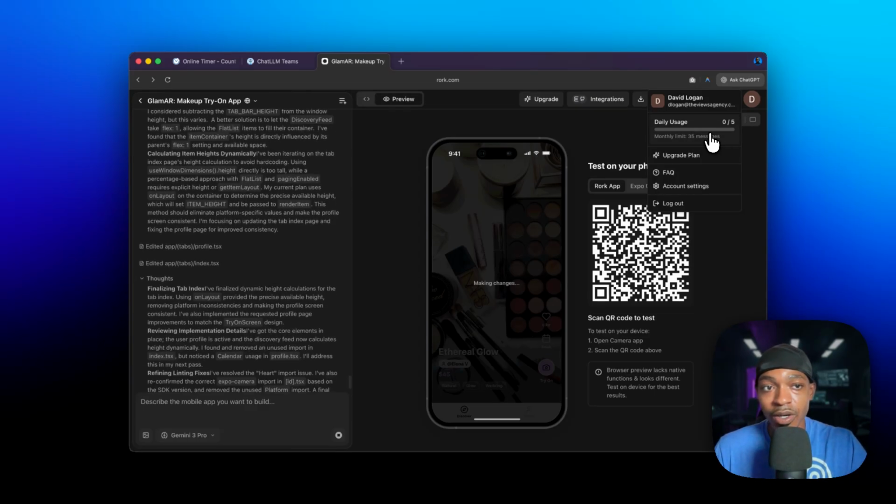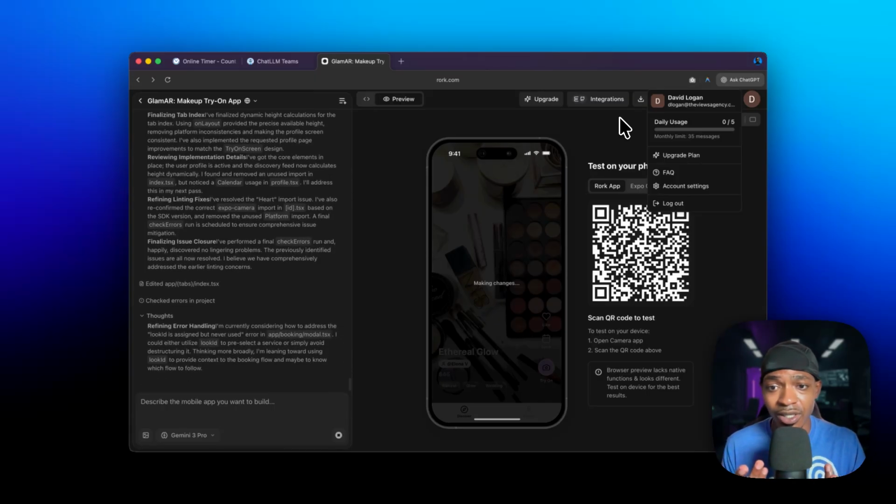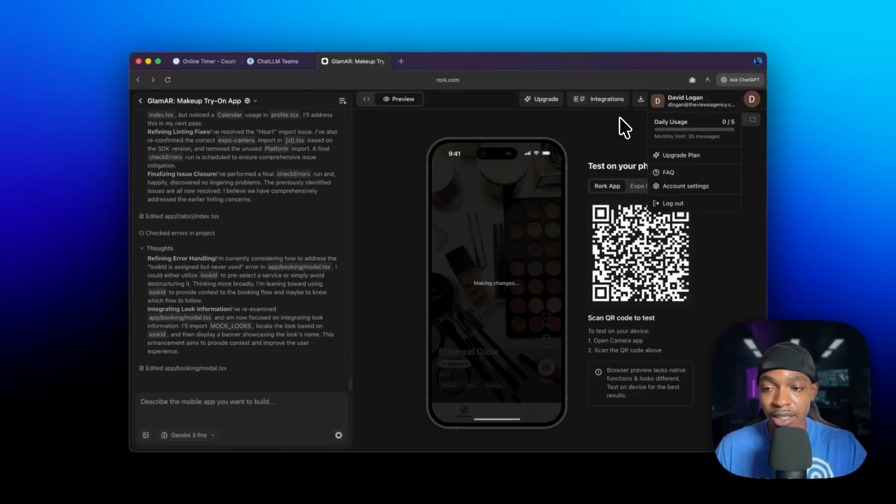So let's say, every day for the next week, you can build out an app very, very easily. All you have to do is use ChatGPT. Honestly, I do not prefer ChatGPT 5.1. It's so bad. But Gemini 3 Pro is a great model, and 4.5 Sonnet is a good model. I know Opus is good too, but